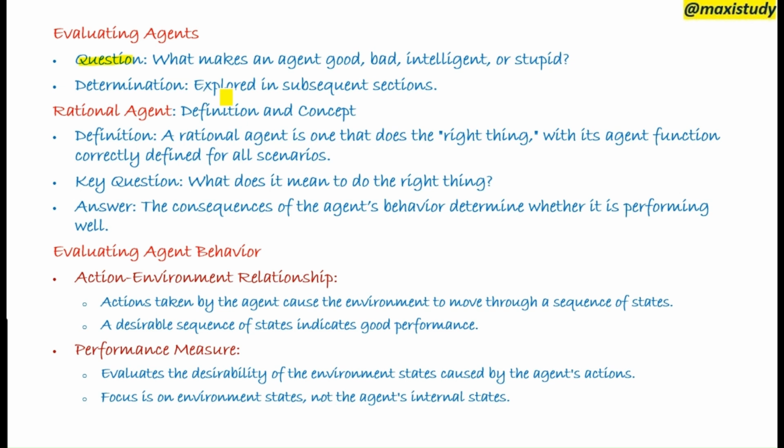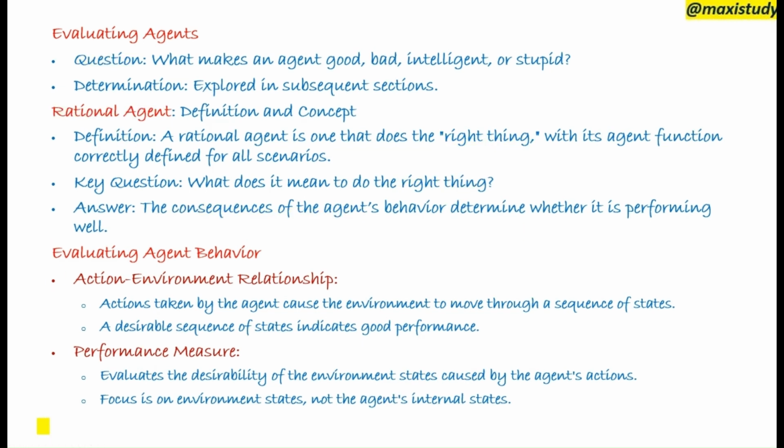What does it mean for an agent to act rationally? In artificial intelligence, a rational agent is one that always does the right thing. But what exactly is the right thing? It's all about the consequences of the agent's action. A traditional agent evaluates every decision based on the outcomes it generates, striving to achieve the best possible result in its environment. A rational agent is an intelligent agent that makes decisions based on logical reasoning and optimizes its behavior to achieve a specific goal.